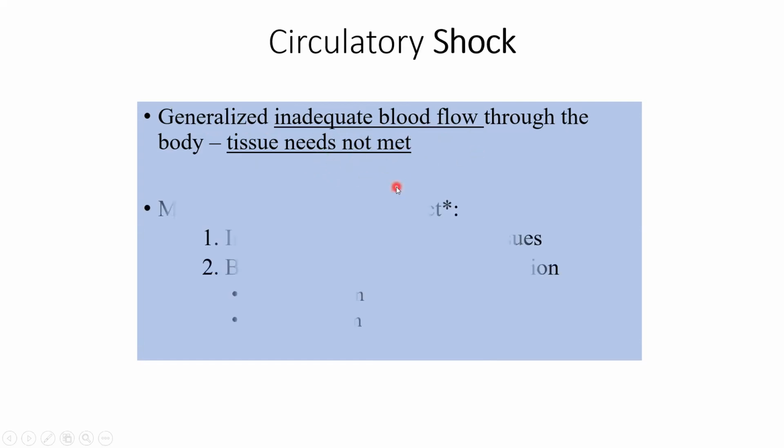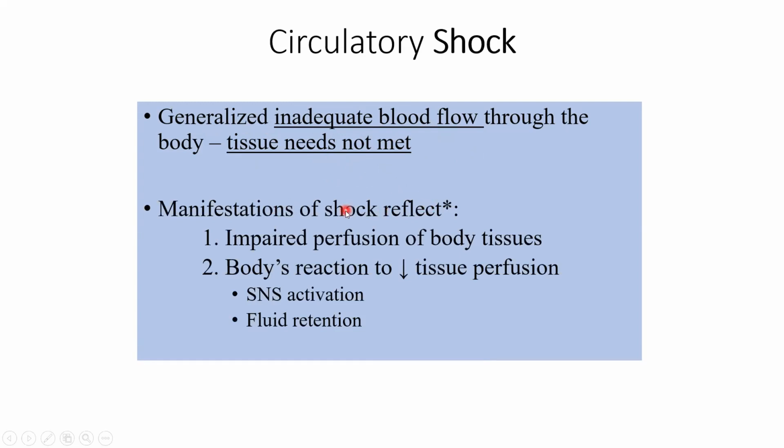Okay. What are the manifestations of shock? So shock, basically, what do you see in a patient? You see symptoms and signs of impaired perfusion of the blood of the body tissues, okay? And mixed with that, you see body trying to get out of it, okay? So compensation, body's reaction to this insult. And this basically comprises of two main events, although there are lots and lots of events. But to summarize, the main two events are SNS activation, I beg your pardon, sympathetic nervous system